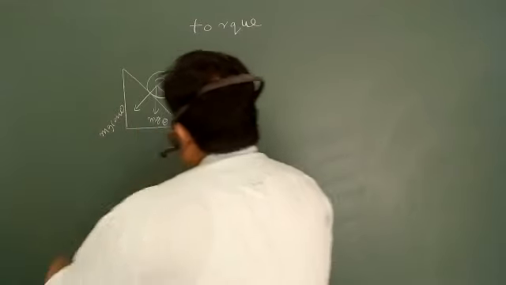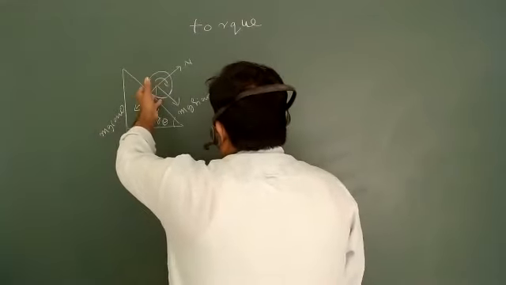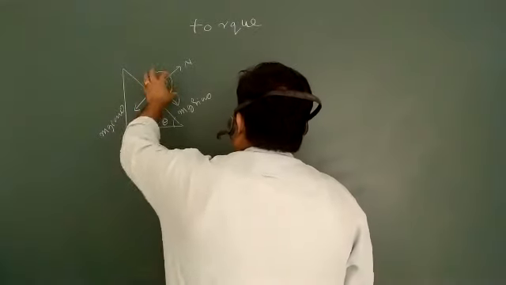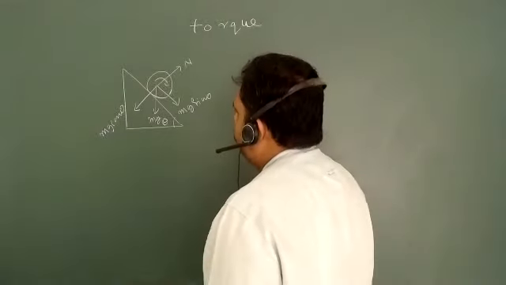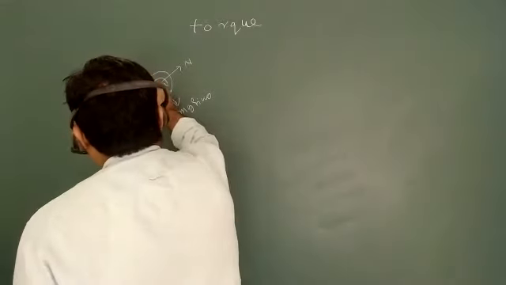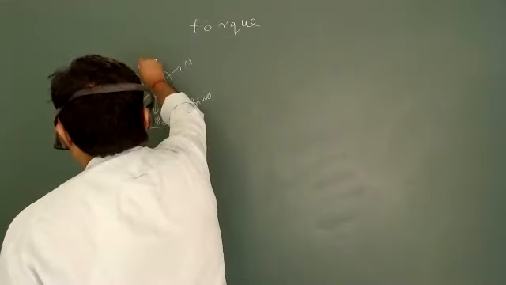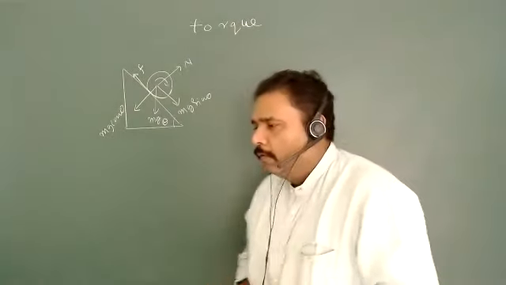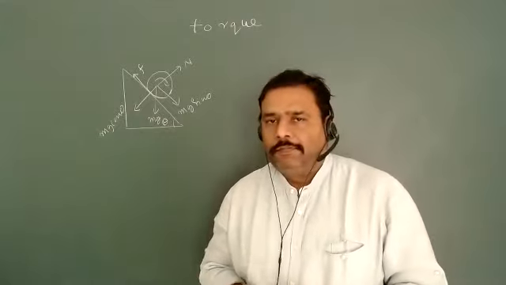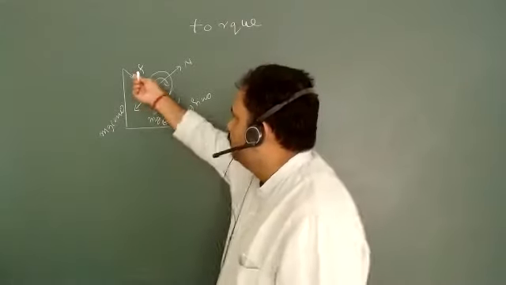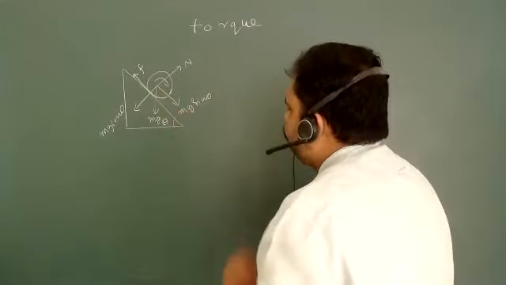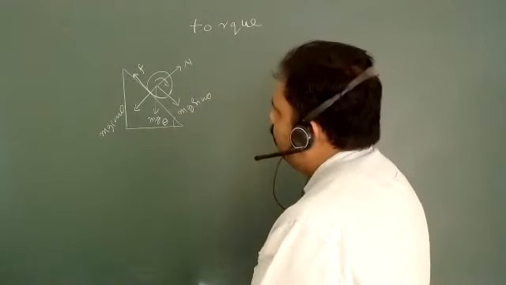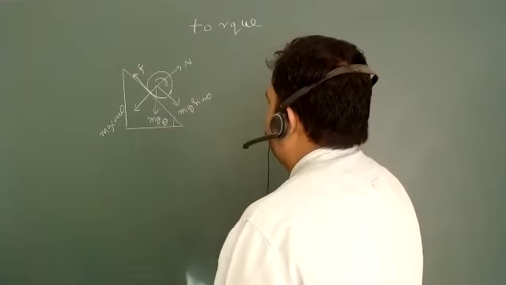Obviously, hence we need something which can produce torque such that it will achieve rolling without slipping. So the frictional force will be in the upward direction. We have to be very careful whenever we are talking about frictional force. So this is the direction of frictional force. Now we will write the force equation, and then we will write the torque equation.